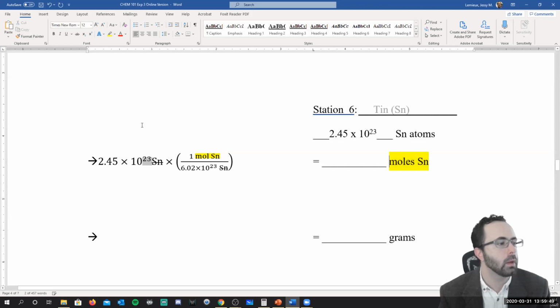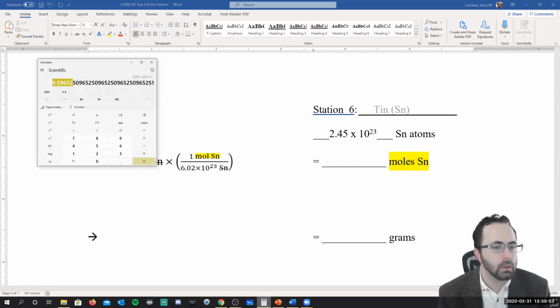All right, moles of tin. That's what we wanted. So again, let's do one more example with the calculator. Make sure to use your EEs. Don't type out times 10 to the power or whatever. Don't do that. Okay. So we're going to now clear our calculator out, and we're going to do 2.45 times 10 to the 23. And we're going to divide by,